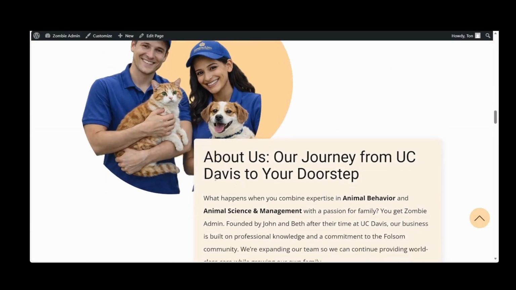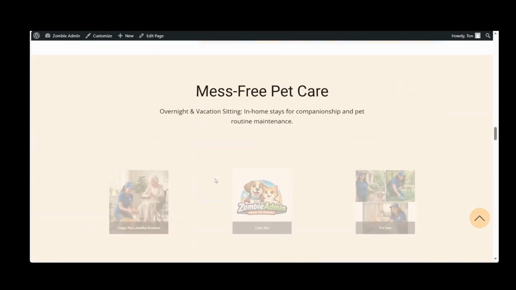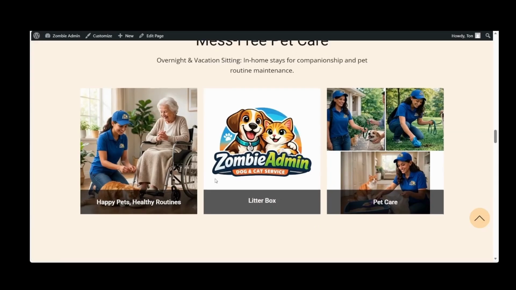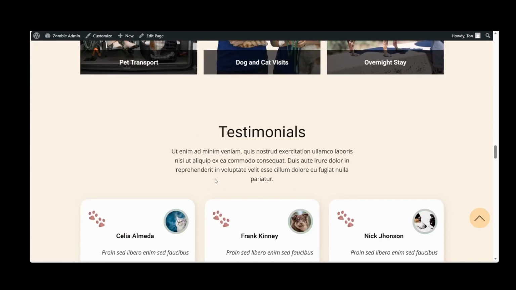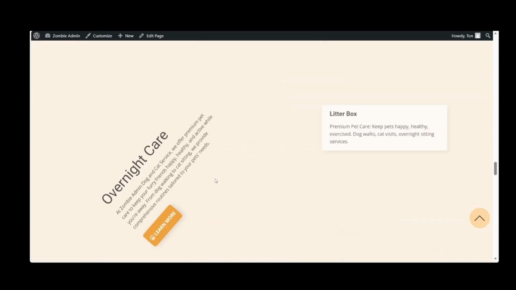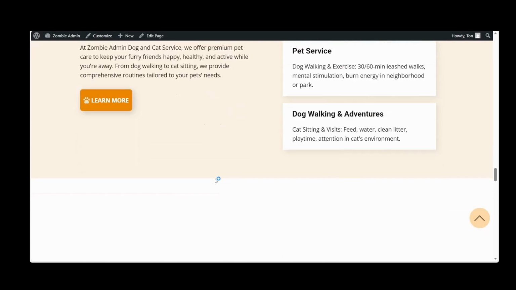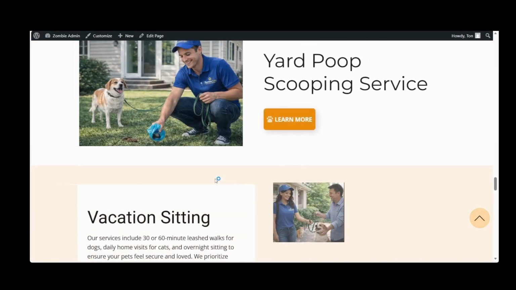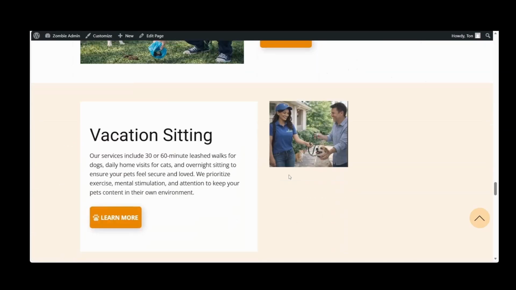We have about us. That came out good. Wearing more buttons, and we had our litter box, cat box, testimonials came out really well. What's next? Oh yes, overnight care and the boxes came out good. Yard poop service came out good.